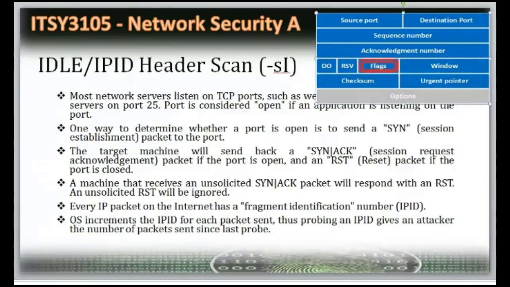They are: source port number, destination port number, sequence number, acknowledgement number, flags, window size, which we discussed just now, and urgent pointer. All this data you are going to get. Plus, one more very technical piece of information you are going to get, called the IPID information.